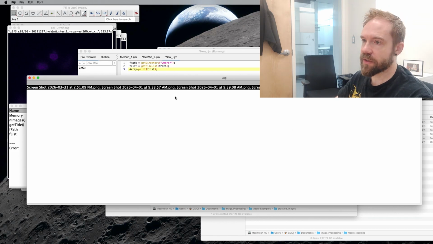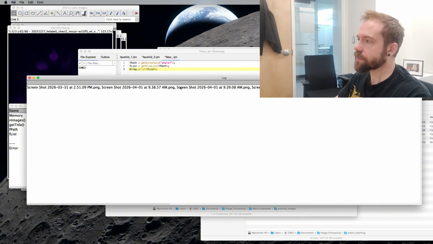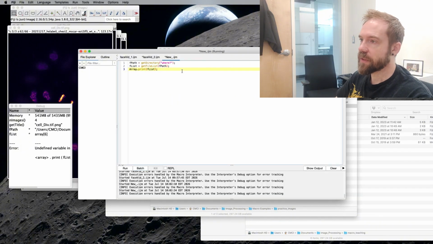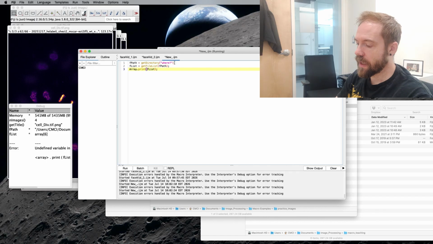I now have a long list of what look to be a bunch of file names, which is what they are, and these are separated by commas. So each of these comma-separated values is a different value in the array. If I wanted to get a specific file from that file list, I would put a number in square brackets. So instead of printing the whole list,